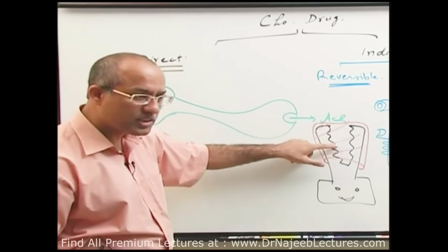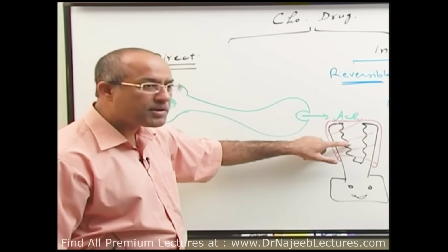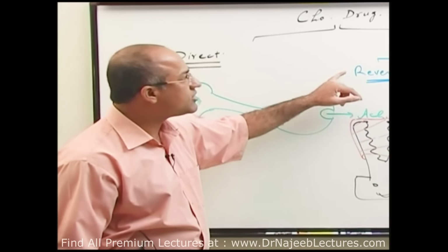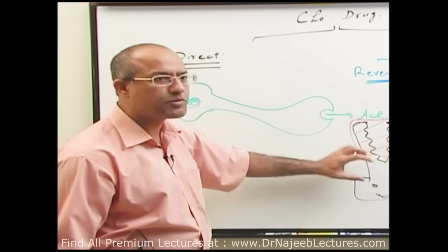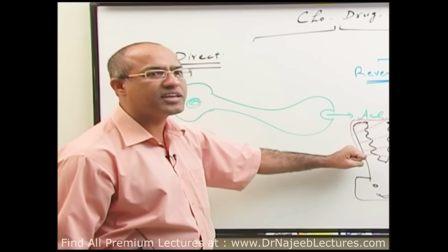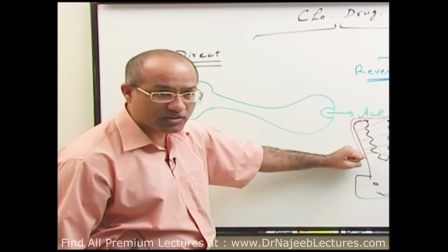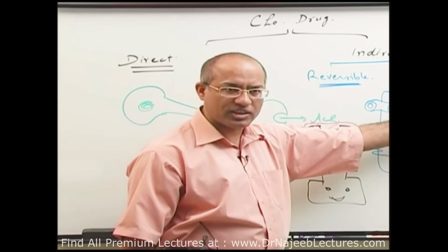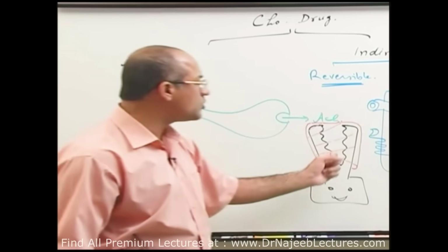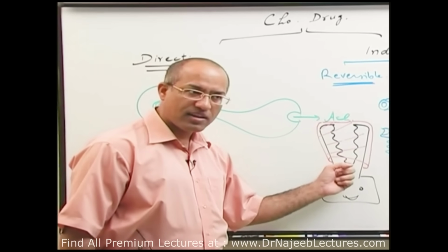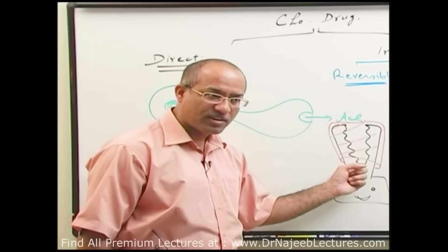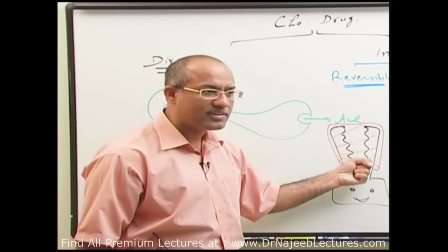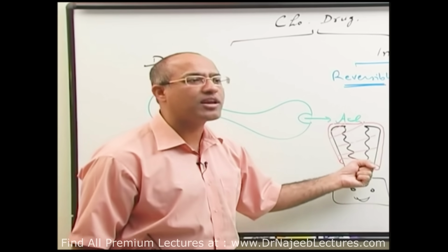Reversible drugs bind with the enzyme, but over many minutes and hours, those reversible drugs detach. So it means these reversible anticholinesterases keep the enzyme action inhibited for many minutes or even many hours. Is that right? But these irreversible anticholinesterases, once they bind with the enzyme, so strongly bind that the enzyme is never recovered.